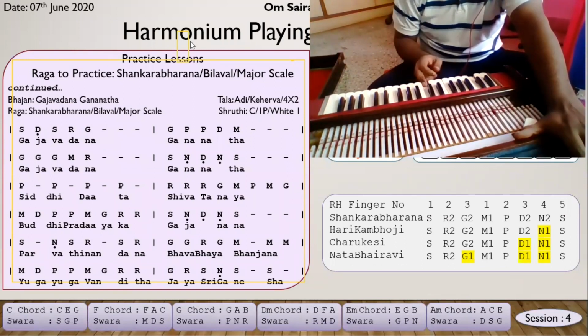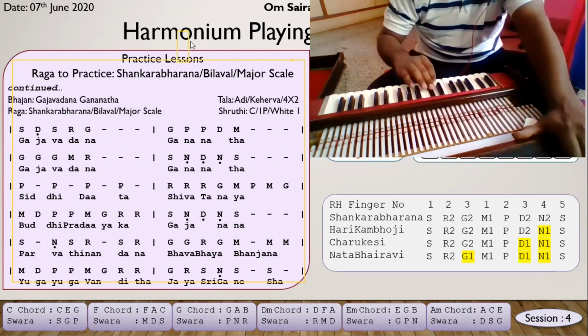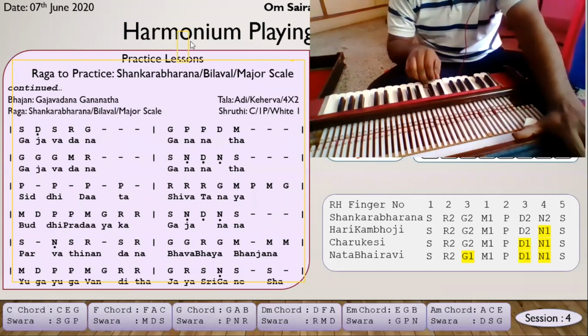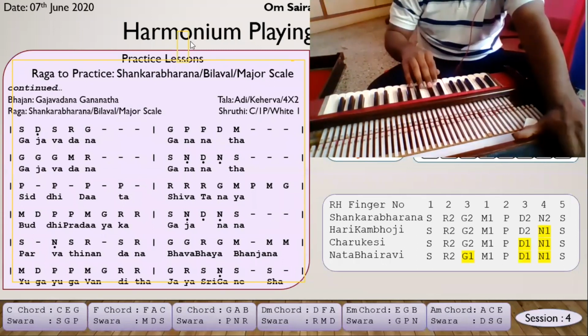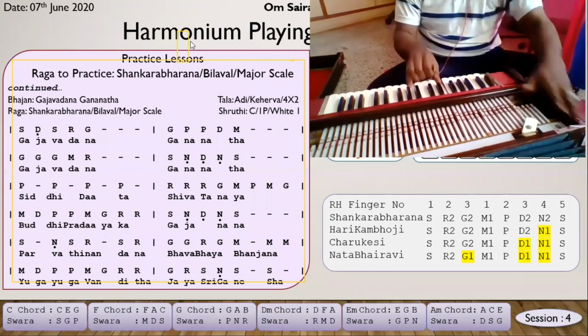Charukesi has the white ga, the second ga, and Natabhairavi has the first ga. Charukesi, Sariga, this is Natabhairavi. So these are the differences.